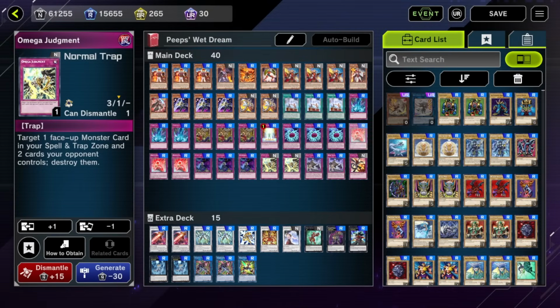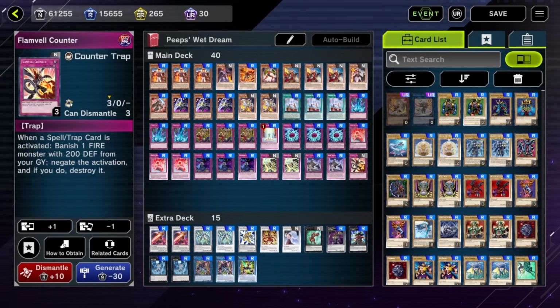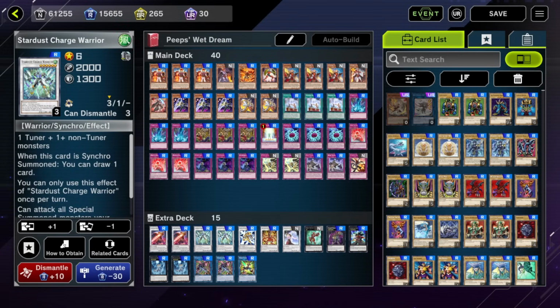So you can tell this deck has some of the best back row in the game. There's so much good back row. Most decks cannot push through all of this. And then obviously the Small Scuffle and the Flambout counter. So yeah, the extra deck, then you have a couple Rolands, you have a couple Stardust Charge Warriors,